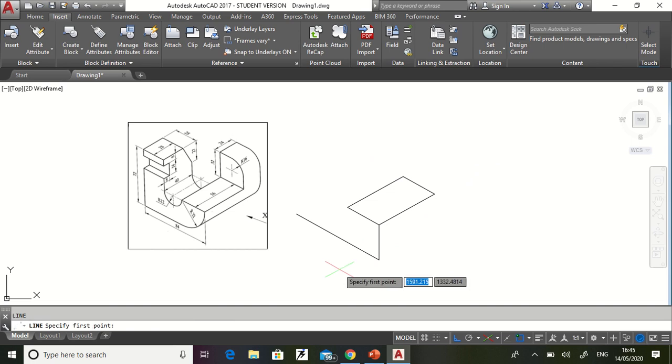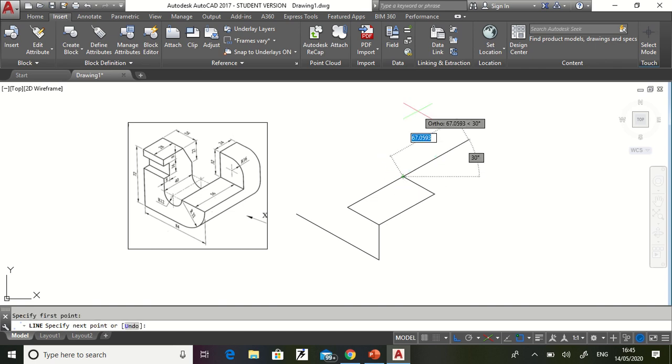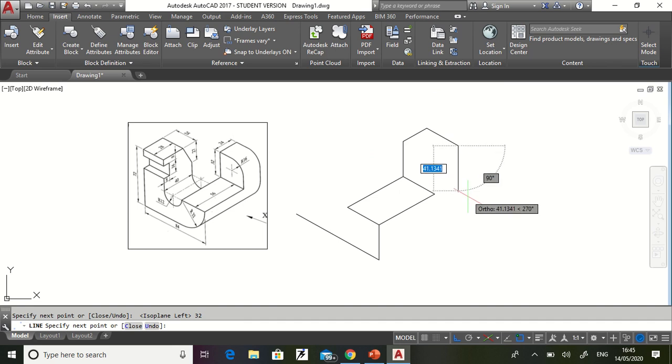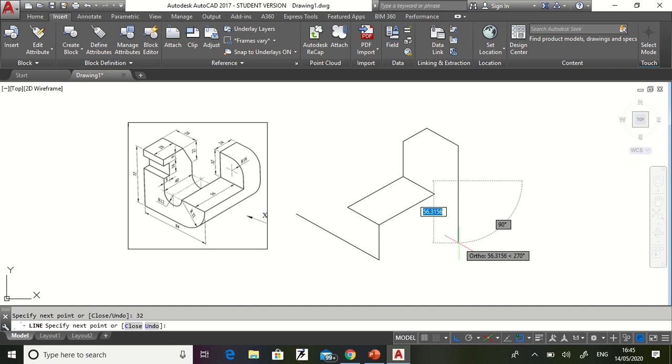So we'll keep this circle drawing at the end. From here I will go up, toggle between the plane. In this direction I will go for 32. Then again in this direction I will go for 24. Then come here in front by how much? This will also be 32, and come down by 32, and again the circle we have in this place. So this portion is also over.